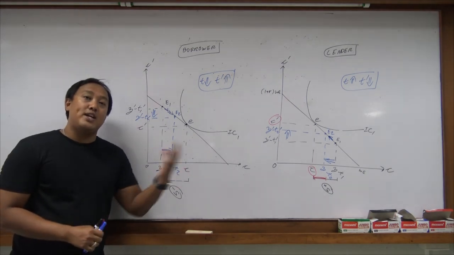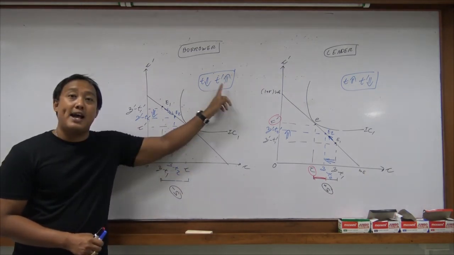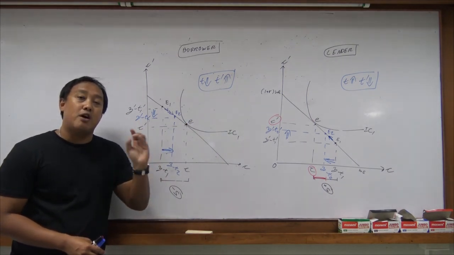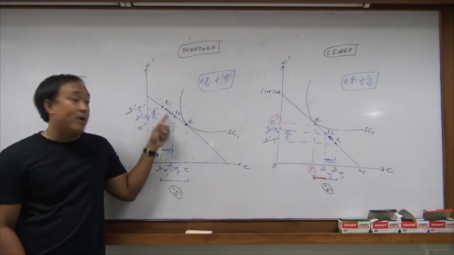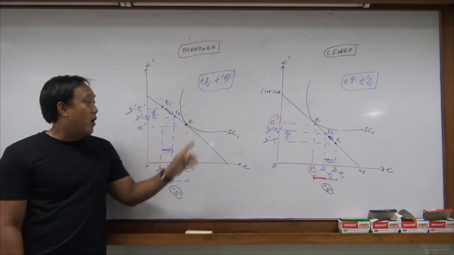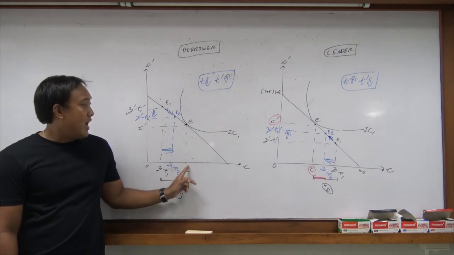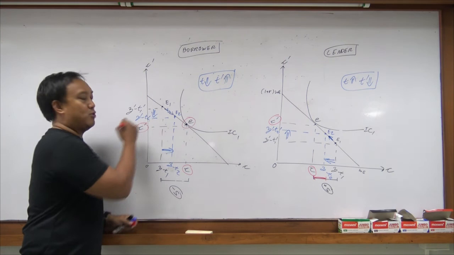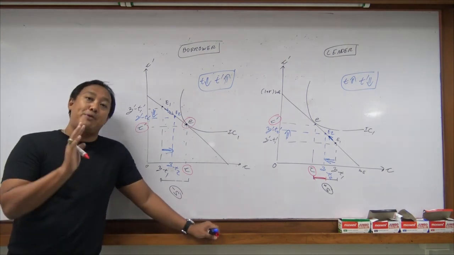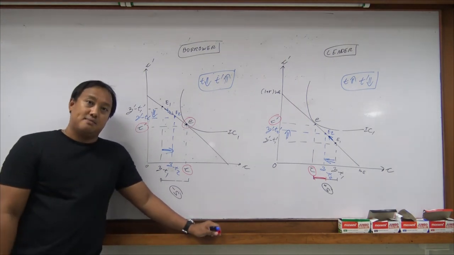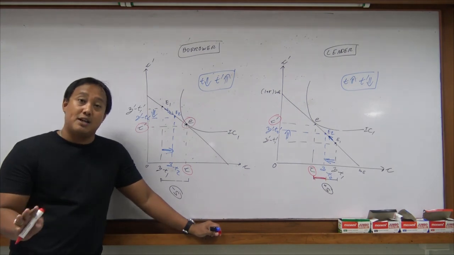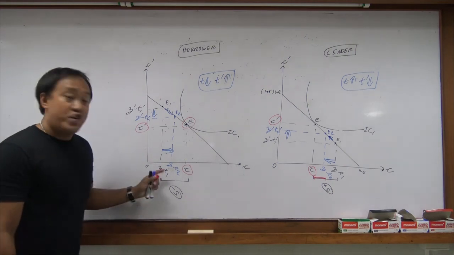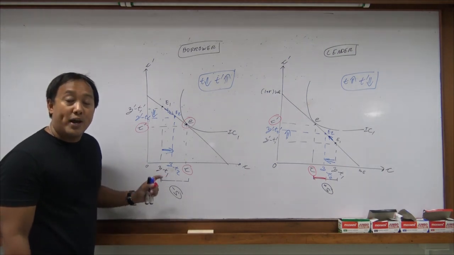Same thing in this case. When the government taxes us less today and more tomorrow, the only thing that changes is the location of the endowment point. The endowment point moves from E1 to E2. The equilibrium point is still the same. Consumption today and consumption tomorrow are still the same, because everyone prefers smooth consumption. Consumption, no change, today and tomorrow, no change at all. They just change the location of the endowment point.